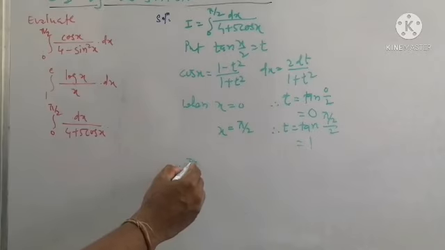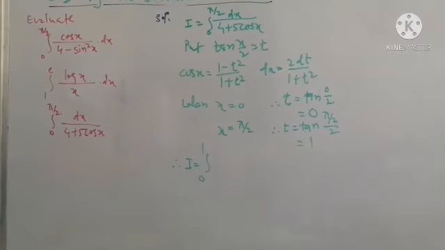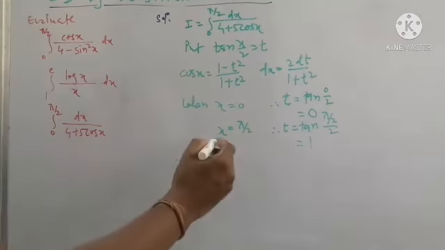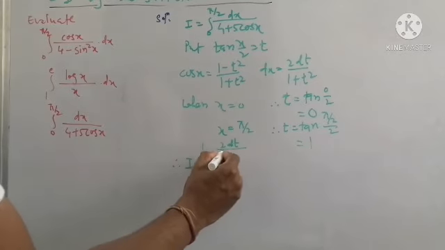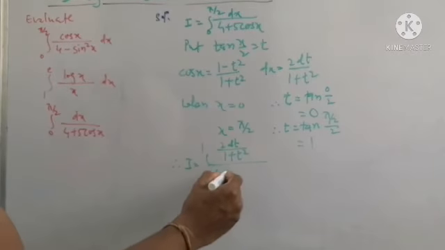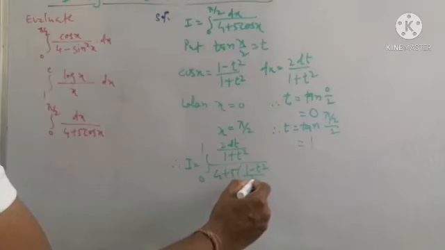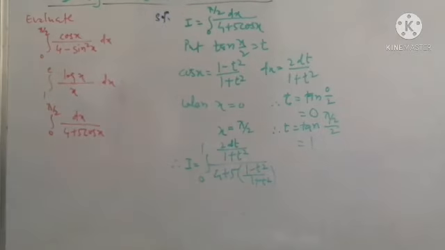Therefore the integral I will become, as the limit changes from 0 to 1, and we put the value of dx and cos x in the integral. In the numerator we put the value of dx, which is 2 dt divided by 1 plus t square, divided by 4 plus 5 into cos x, which is 1 minus t square divided by 1 plus t square. Now we make a simplification in the integral by taking the addition in the denominator, as the numerator remains as it is,